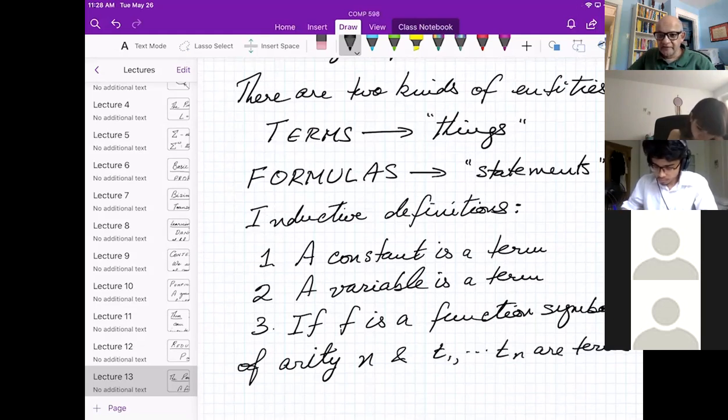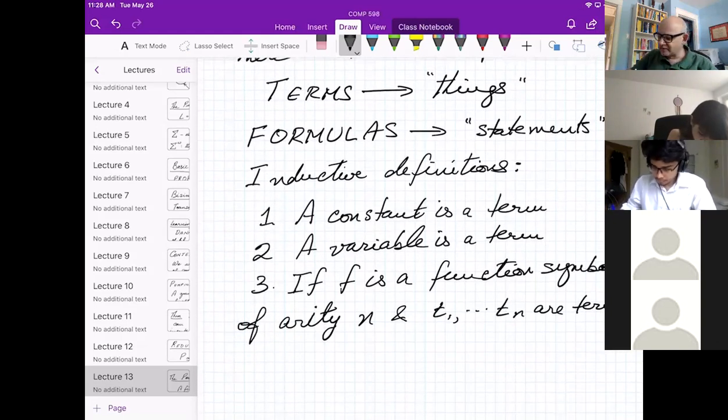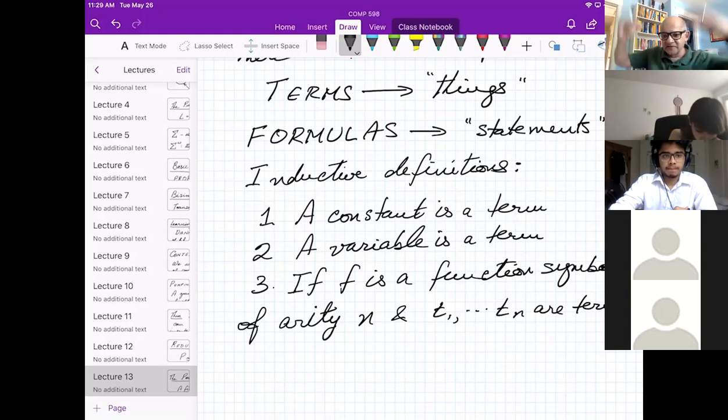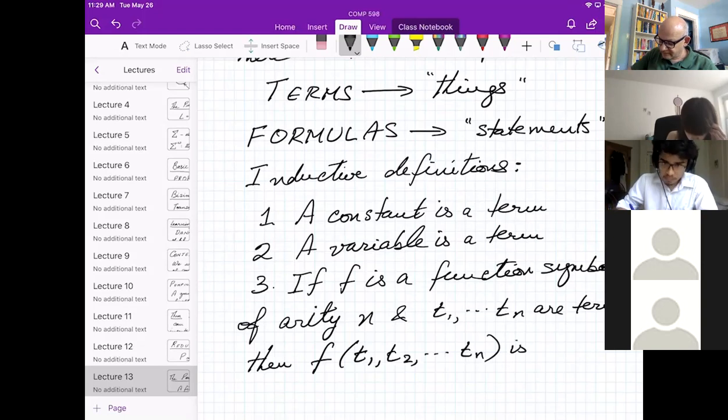So you see this is an inductive definition. Once you construct some terms, you can use this rule to construct more terms. When you do this for omega steps, you've got all the terms. If f has arity n and t1 through tn are terms that you've already constructed, perhaps starting from the base case, but maybe you're way up in the construction already and have built complex terms, you can build up yet more complex terms.